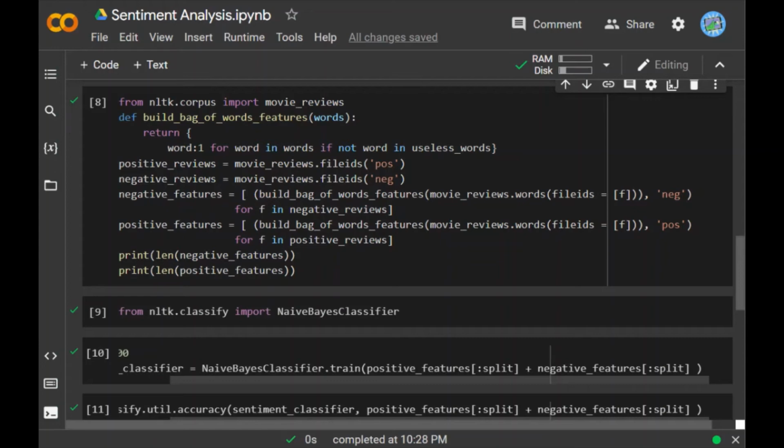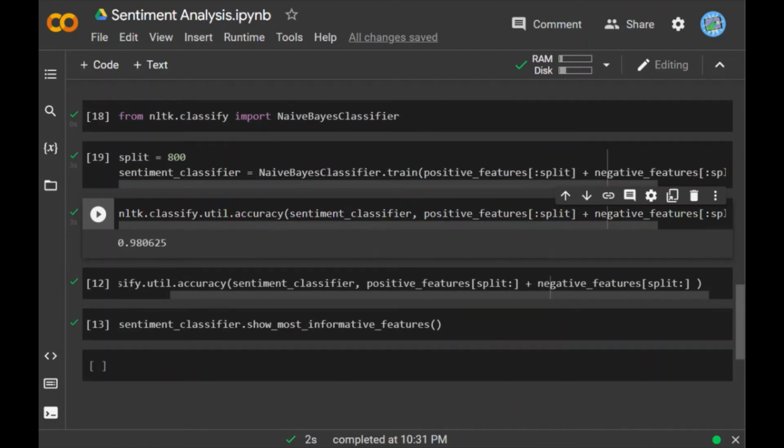So we will classify with the first 800 positive features and first 800 negative features. Remember, they had labels pos and neg. And now we can see that it is about 98% accuracy, so it is good. But how will the model behave on the 20% of the data? For that, we just did this step,